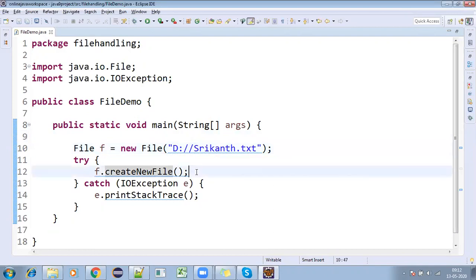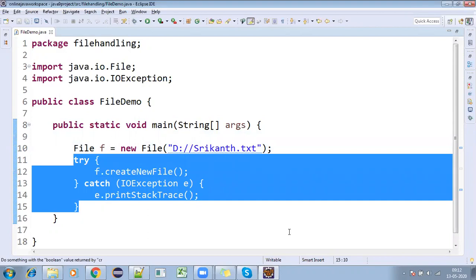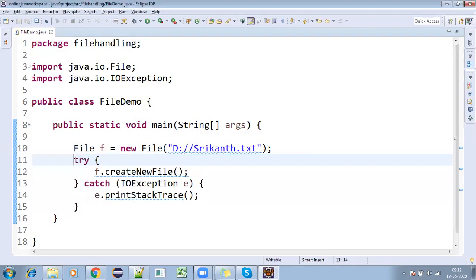So here, by using line number 12, this try catch, no need to worry for now. Nothing is there to understand here.